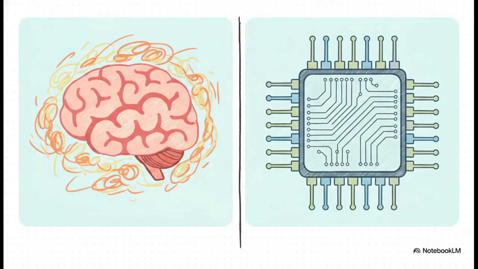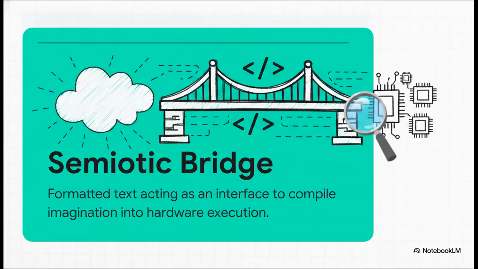We really have to start by establishing the core conflict here, which is the massive contrast between human imagination and processor mechanics. We've got our human cognition, what researchers sometimes like to call OS alpha. It's warm, it's messy, it's beautifully fluid. But for a computer to actually do anything with that imagination, it has to cross over to the arithmetic logic unit, or the ALU. That's the physical silicon hardware. And the ALU is cold. It's rigid. It relies entirely on absolute deterministic logic gates. There is zero room for guesswork. So how do you bridge that gap?